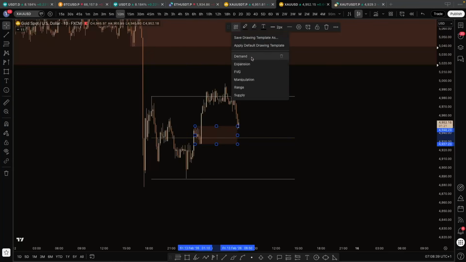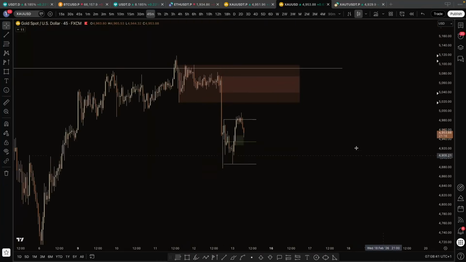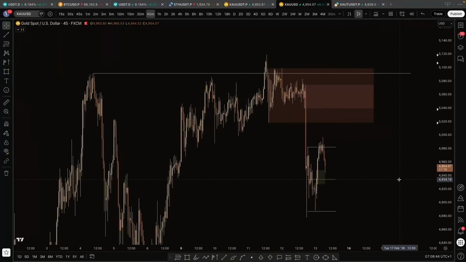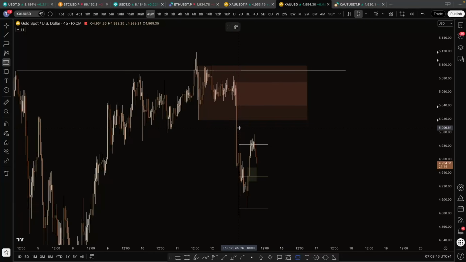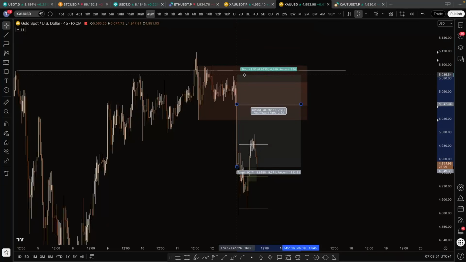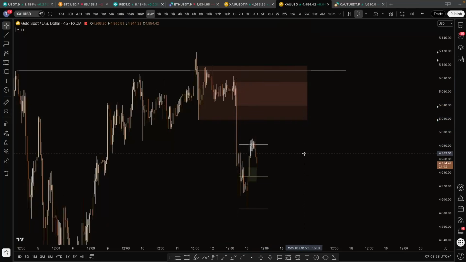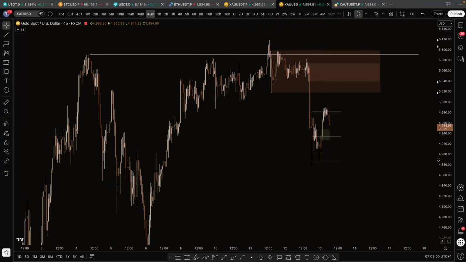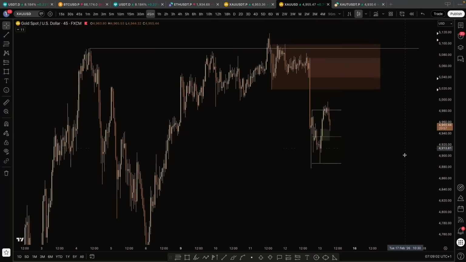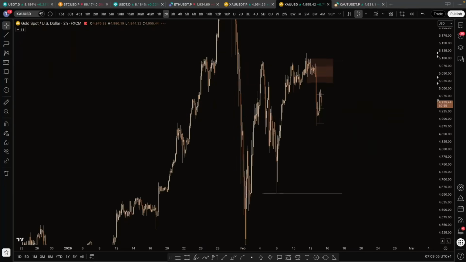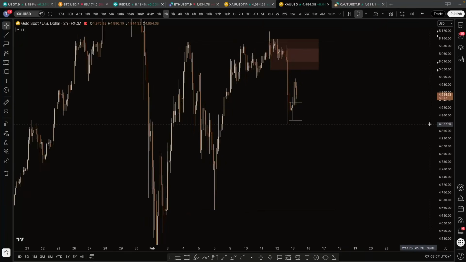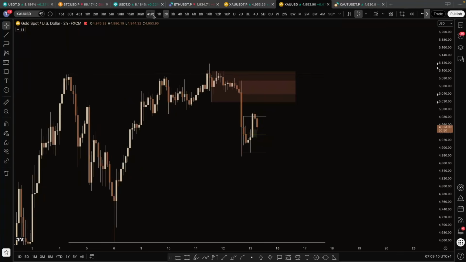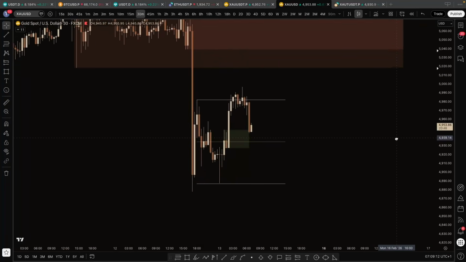By the way, to give a slight update on my short, I am fully out of my position. I know Wozo took 33% or something. I am fully out of my position. So I ended up having a 3.5 hour trade or something. So that's absolutely awesome. I do have 5% running or something. It's almost nothing. But I'm watching this range right now.